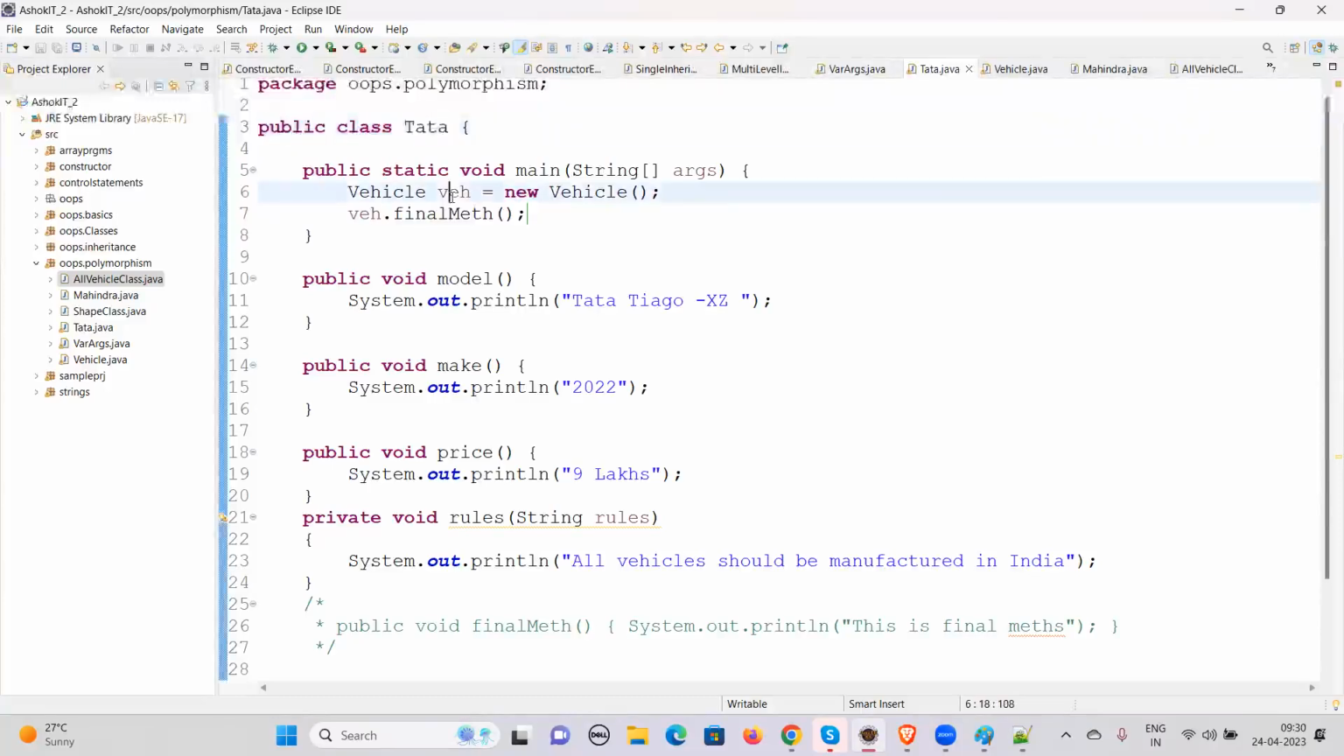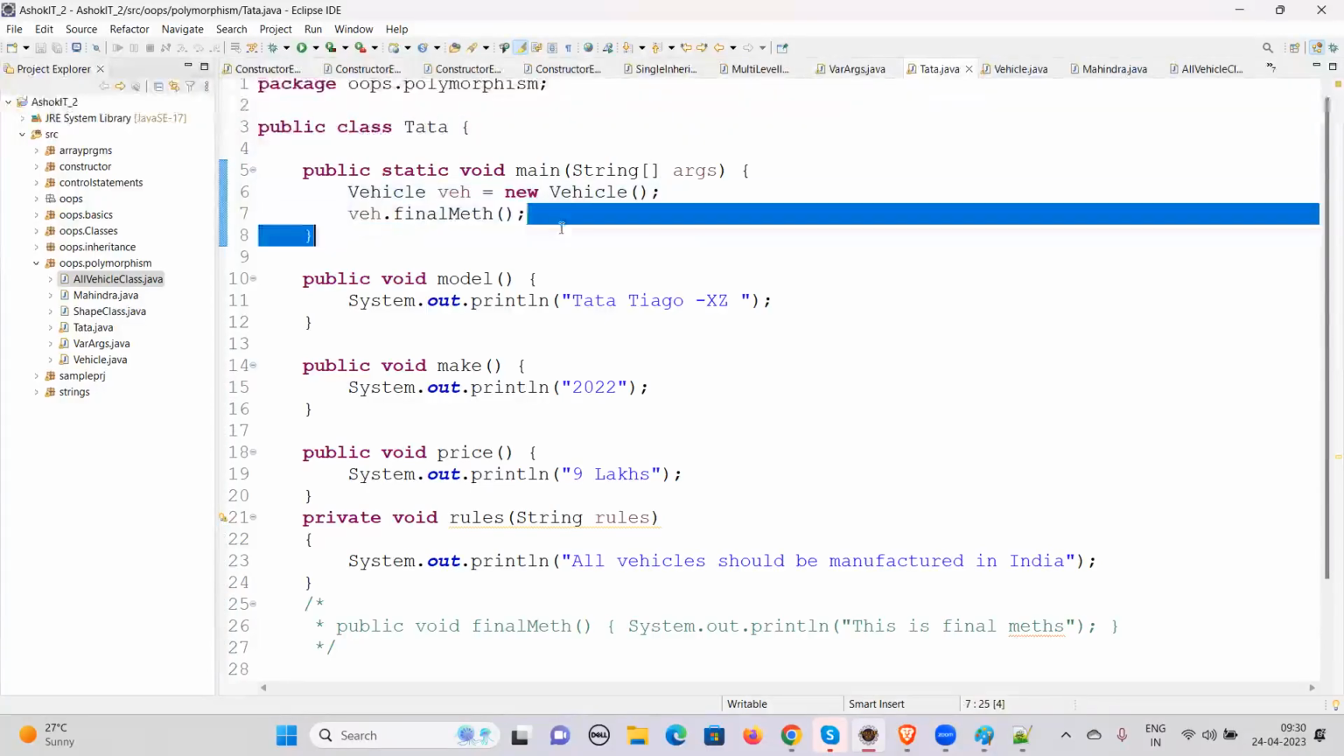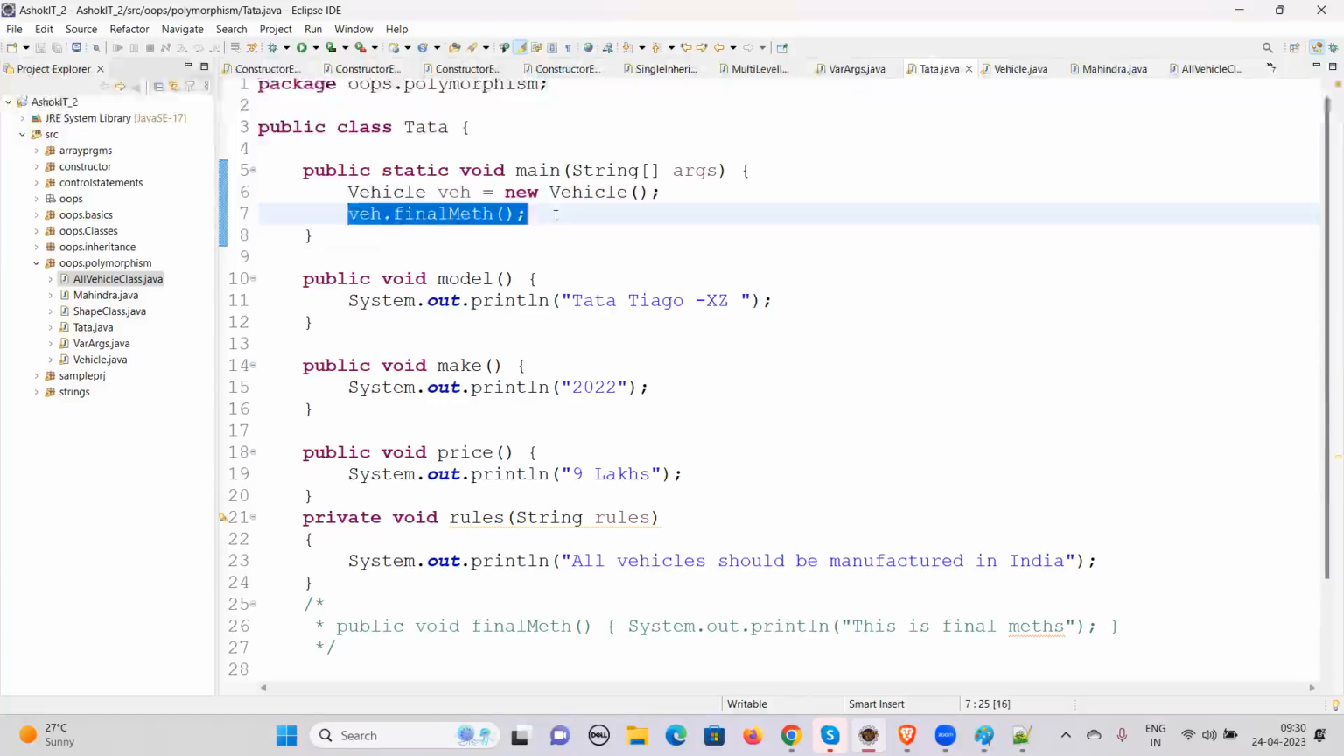Now it's kind of a weak one. So this is kind of like association. We are not using any kind of extends keyword, but still we are trying to create an object for that class in a different class and trying to access its members. Okay. Now if you want to call this one,